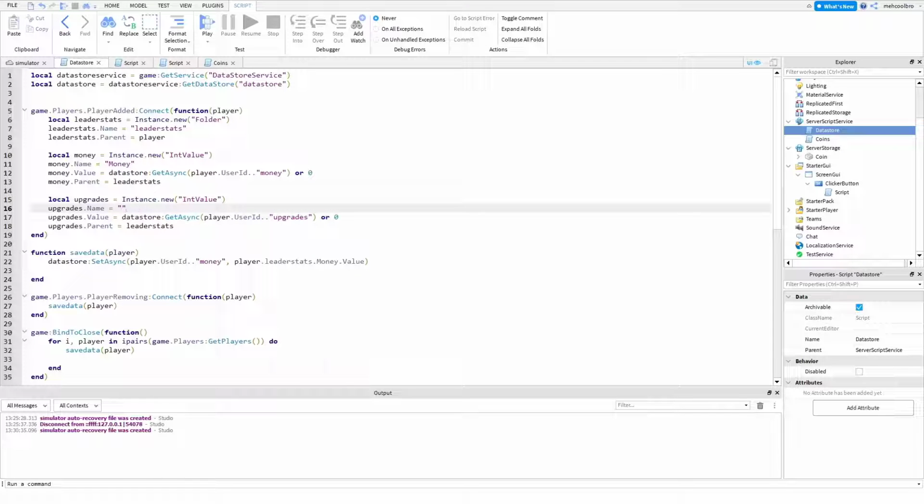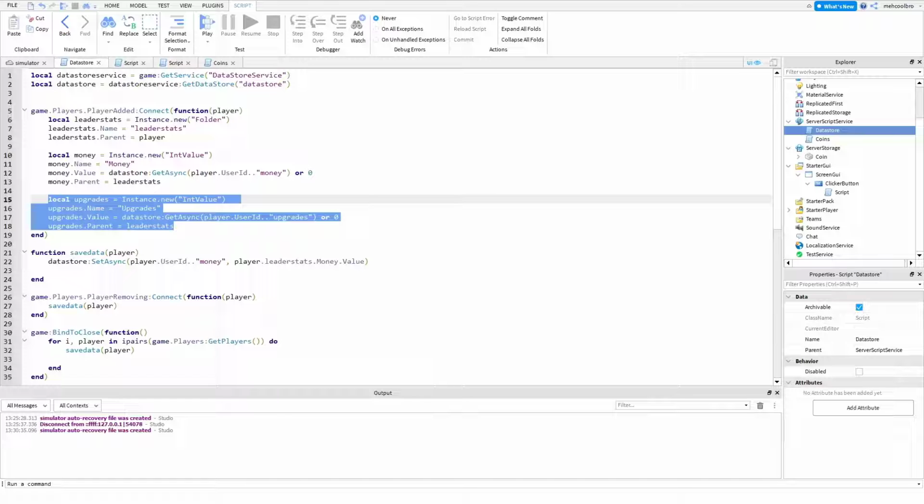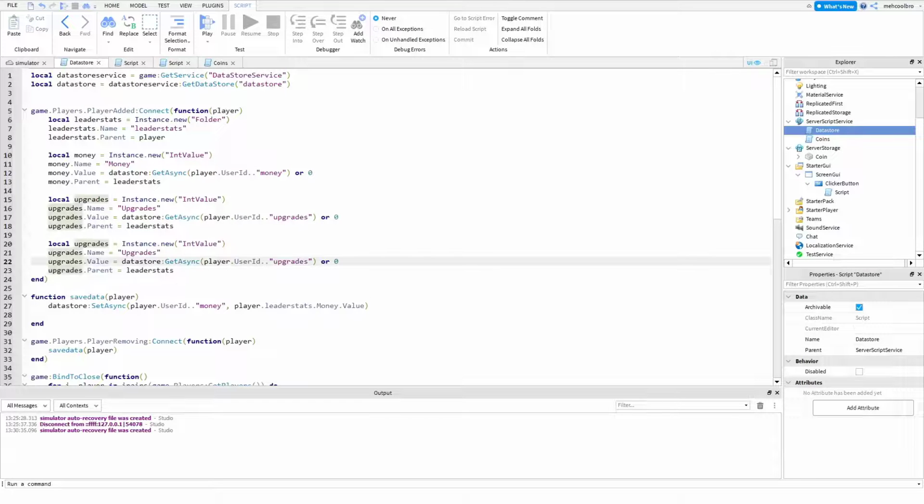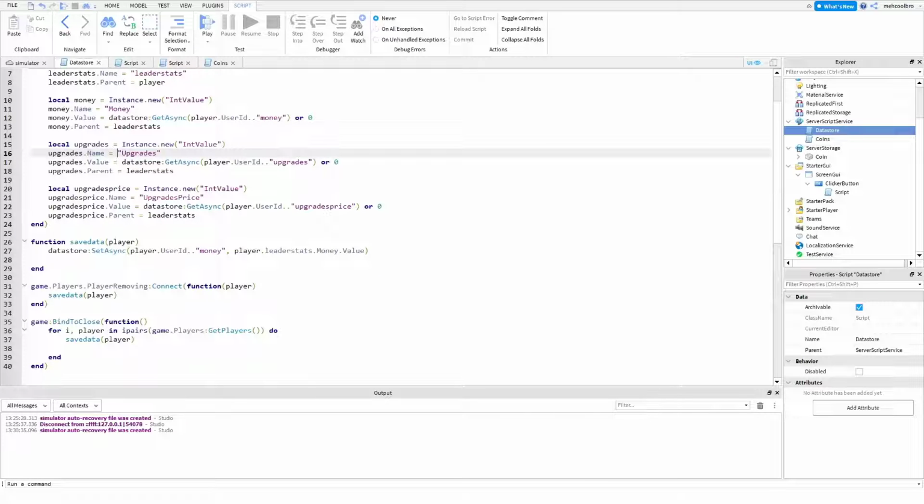Alright, now that we have a way to load a variable that shows how many upgrades we have, we also need one for the price of each upgrade. So that's what I'm going to do now. Alright, here we go. And they're going to add upgrade price. Okay, now we have something to load both upgrades and upgrades price, but we don't have anything to save